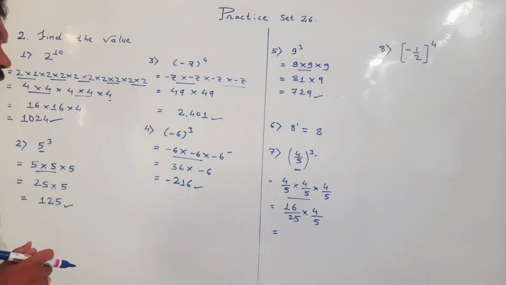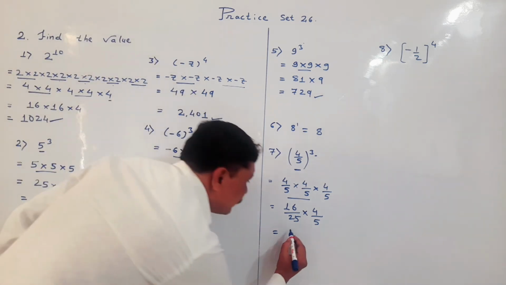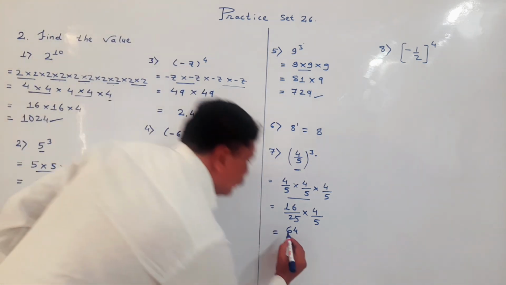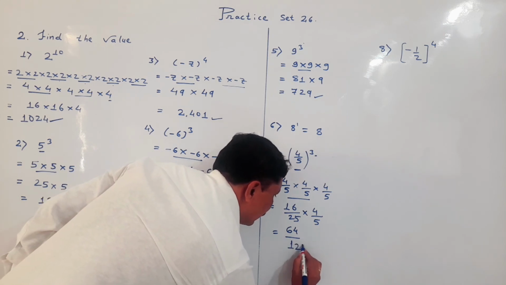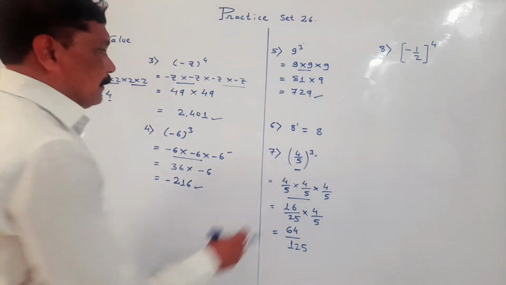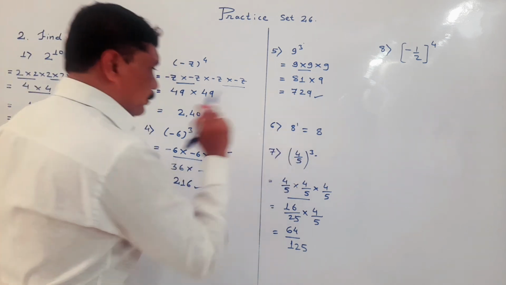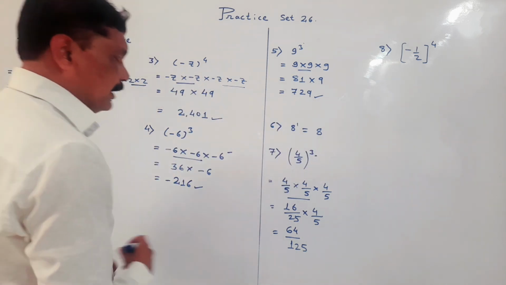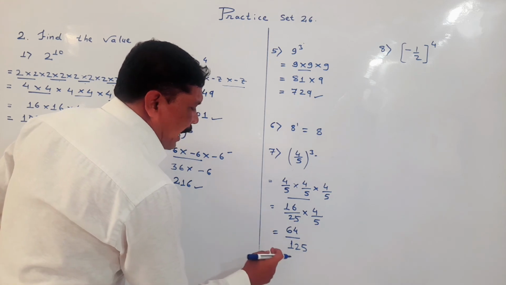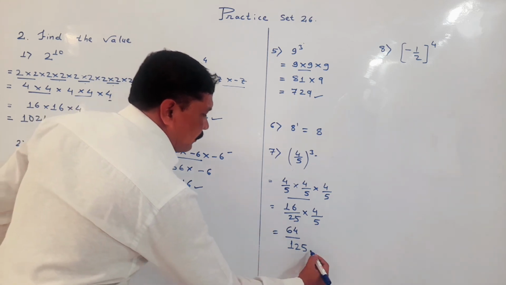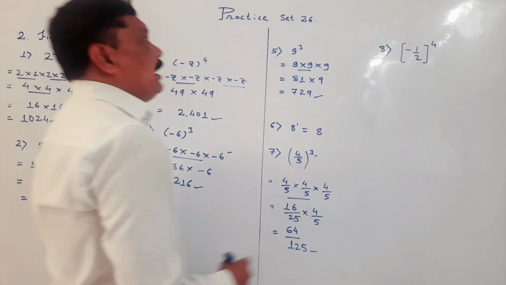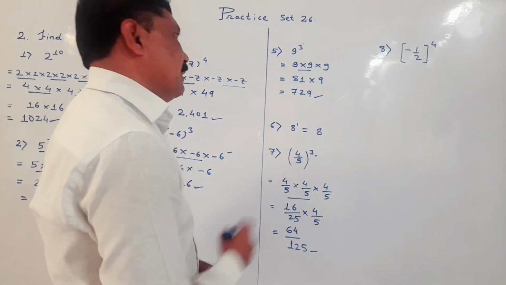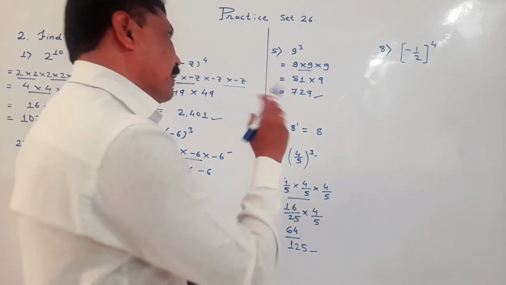So if we multiply 16 into 4, we get 64, and 25 into 5, we get 125. So my dear student, the value of 4 by 5 raised to 3 is 64 by 125. My dear student, here again we have a fraction, and this fraction is in the form of negative number,